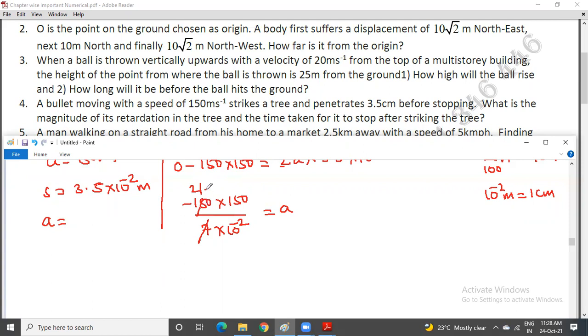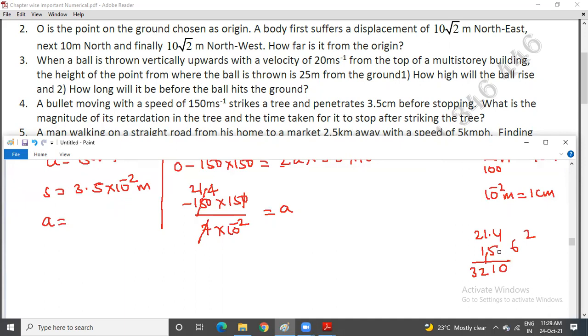1 left. 7 ones are 7, 3 left. So 3 left means roughly you can take 4, 21.4. So therefore, you just multiply 21.4 with 15. 15 2s are 30. It is 32. So there is a 0 also. You don't need to put the point. Otherwise, you can cancel this point and multiply 214 with 15. So this is not required then.